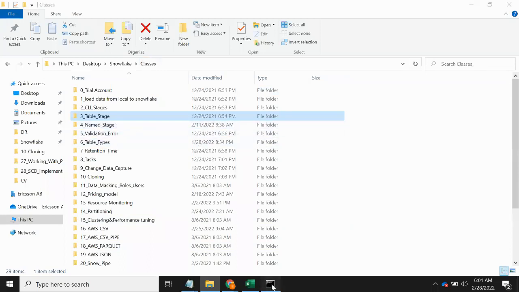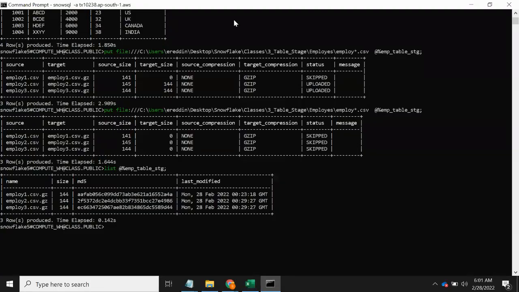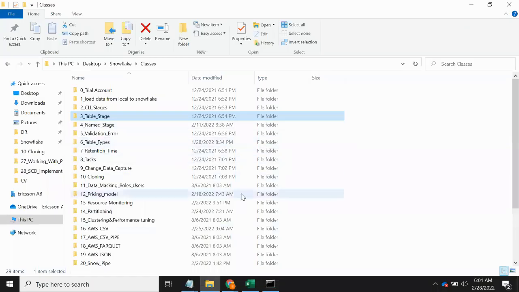After that, again no need to come to this CLI. Don't worry about this. We will not come to this and then we will not execute this. Only when you require it, when you want to implement put, then only will we come here. For other functionalities and the other topics, we will not come to the CLI. So next, after validation error, remaining all the topics, all the sessions from the table